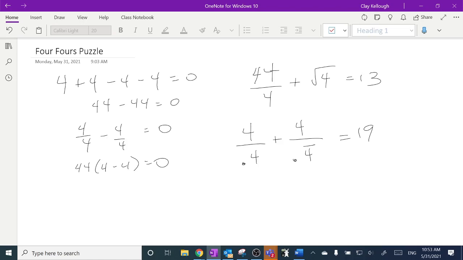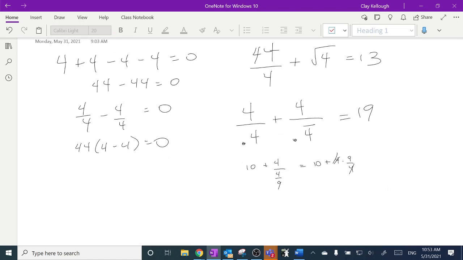Because 4 divided by 0.4 is 10. And this is 4 divided by 0.4 repeating. 0.4 repeating is 4/9. So that's going to be 10 plus 4 times 9 over 4. And there you go. There's your 19. So that's one way you can make 19. Another way you can make 19 is by doing this. You could go